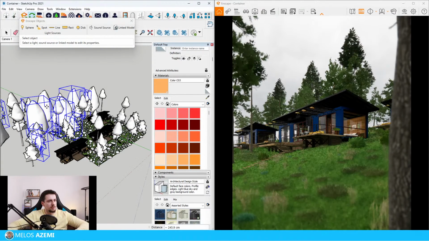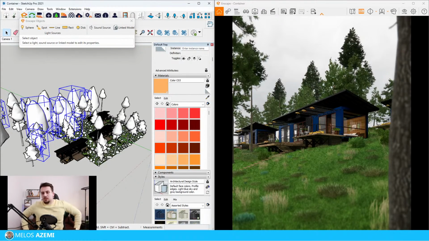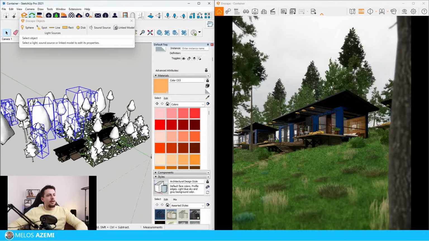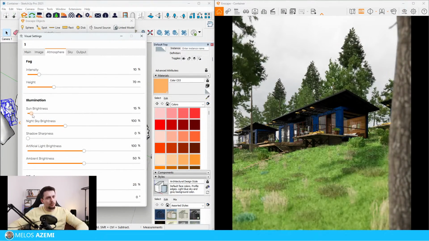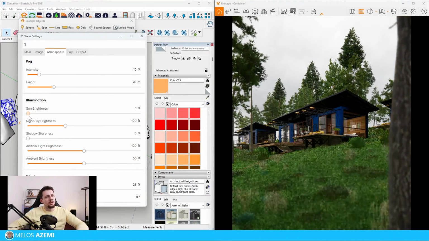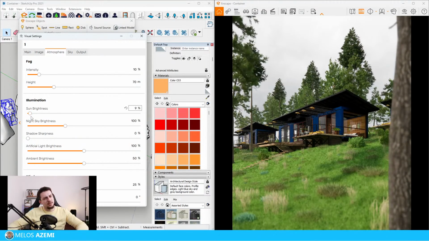Let's move this a bit downwards. By the way, I'm just trying to really understand the composition. I knew this was gonna be a bit trickier because we're going for a mood which is not very common. I guess if we turn on the sun brightness just a tiny bit more, it's gonna be better. But